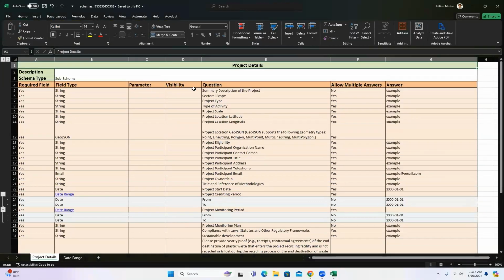So here we see all those fields we just saw in the schema for version 1. We have the name of that schema at the very top here, project details. You can add a description if you want to explain what the project details form is all about. We have the schema type, and then we have these columns of information that we're also collecting. So we have the required field, field type, parameter, visibility, question, if we want to allow multiple answers, and